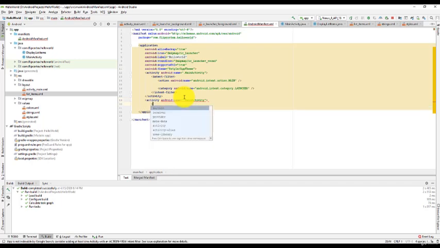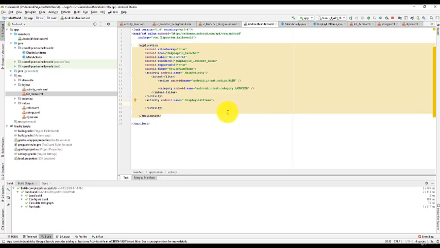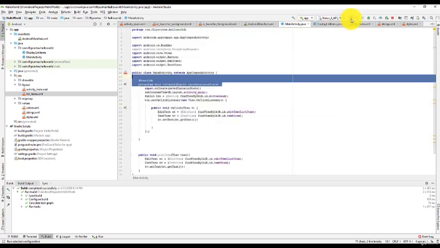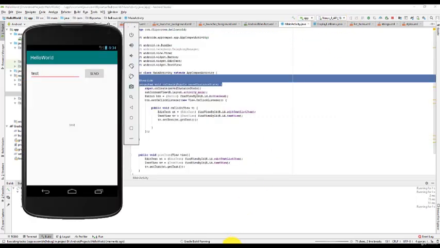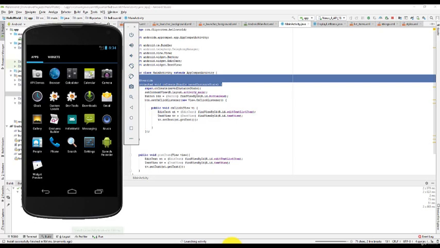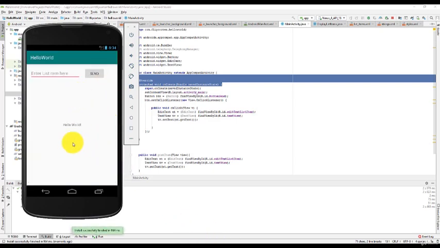Remove the extra info, which is for the default activity. Okay, that's pretty much it. At the moment, we're not doing anything with the new activity, but now we'll add some code so we can interact between the activities.